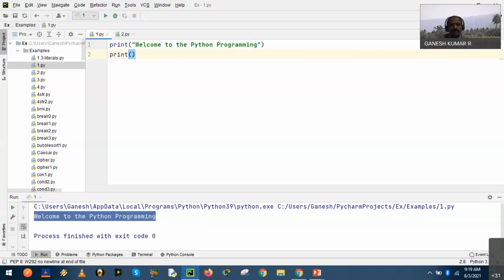As we type print, you can see the support popped up. All you need to type is the left parenthesis, and its counterpart is appended automatically. This kind of support is available in these editors, whereas we have to type the complete instruction in the Python console, the original Python interpreter.